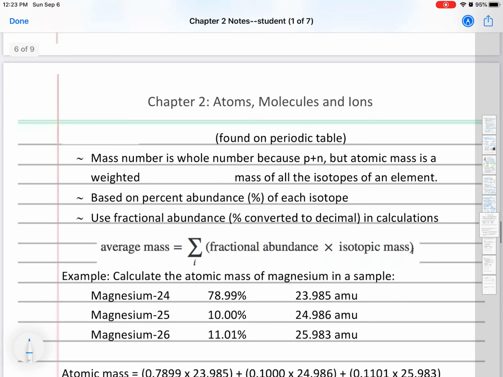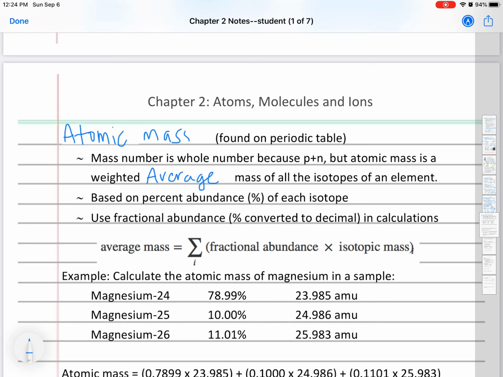Okay? But if you were paying attention and had your periodic table handy when we were talking about mass number and atomic number, you notice that there is another number on the periodic table for each element that we didn't talk about, the one underneath it. And that does have to do with the mass of an element. We call it the atomic mass. All right? And the atomic mass is an average.